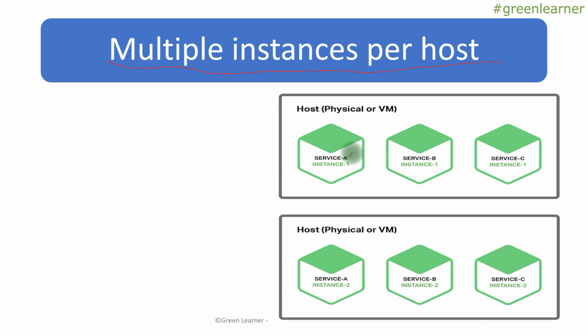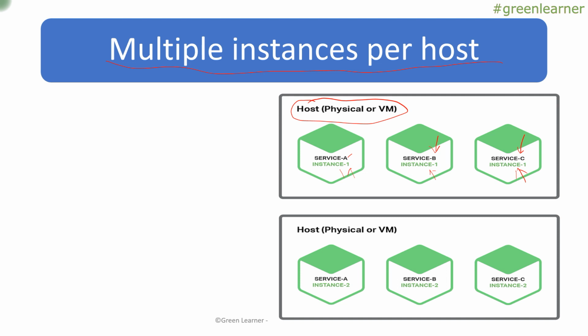It is a service A which has one instance deployed on this, and this is the host. It can be any physical computer system, or it can be a virtual machine as well, or VM and container. I have explained in detail in the previous video what this is all about. So under this host, whether it is physical or VM, we have service A which has one instance deployed here. We have service B whose first instance is deployed here, and we have service C whose first instance is deployed here on this one. So each service's one instance is deployed on this host.